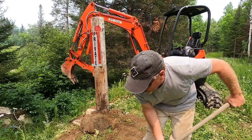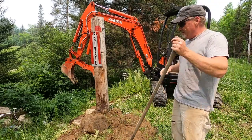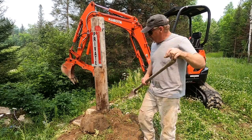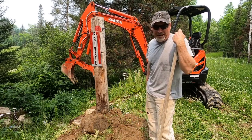Alright, sometimes you lose focus and you forget to turn on the camera. So what I did was I dug the hole pretty much as deep as I could till I hit hard, heavy rock. And I didn't want to undermine the driveway on the edges as much as I could. So you can see the old line right there. So what I did was took it down as deep as I can,